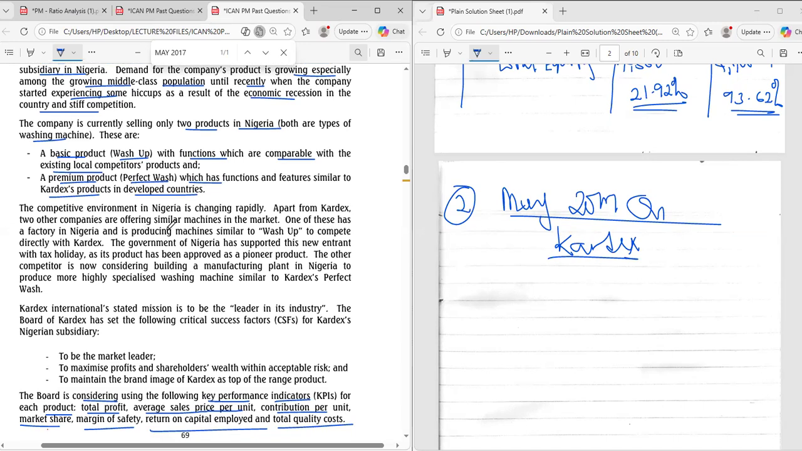Both are types of washing machine: the basic product, called Wash Up, and the premium product, called Perfect Wash. The basic product has functions comparable with the existing local competitors' products, and Perfect Wash has functions and features similar to a Cadence product in developed countries. The competitive environment in Nigeria is changing rapidly. Apart from Cadence, 2 other companies are offering similar machines in the market. One of these has a factory in Nigeria and is producing machines similar to Wash Up to compete directly with Cadence. The government of Nigeria has supported this new entrant with tax holidays, as its product has been approved as